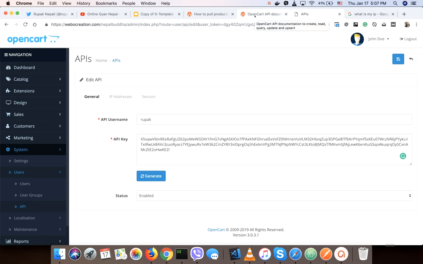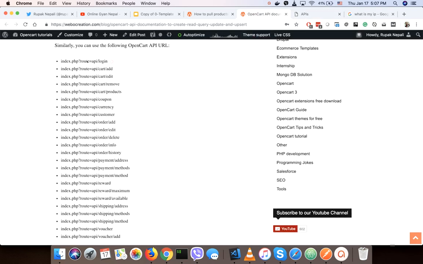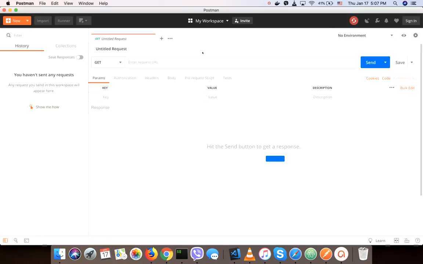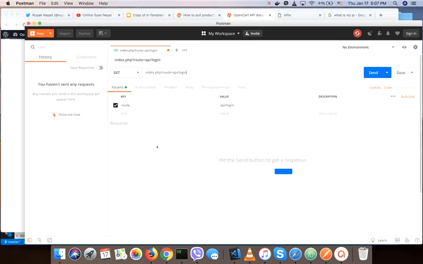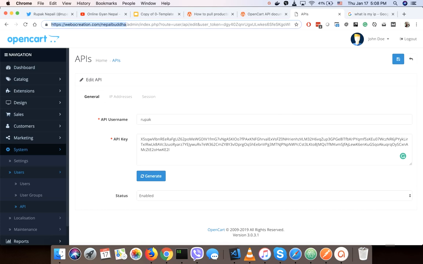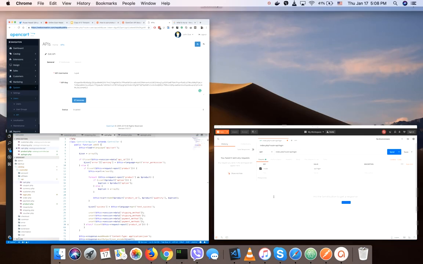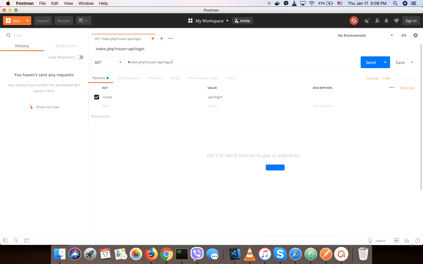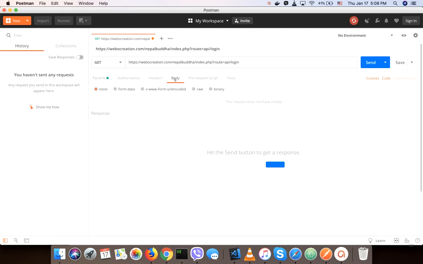Here we will log in through the API. So for that we need this URL, which is the endpoint, and our responding server is in this URL. So now this should pass data through post, form data,